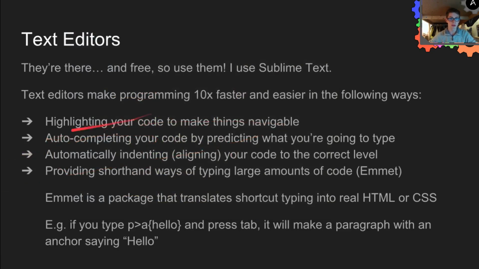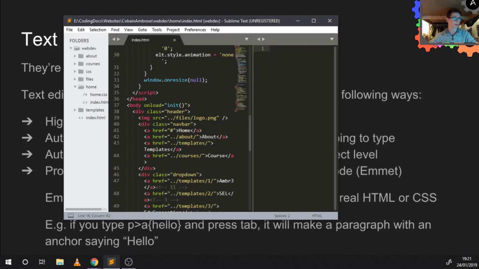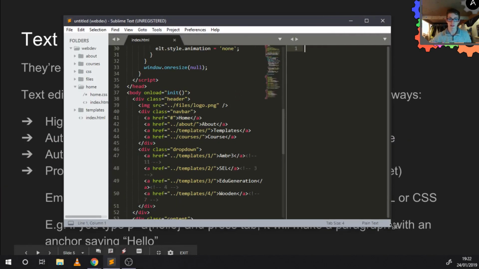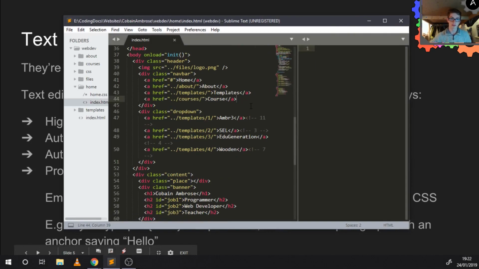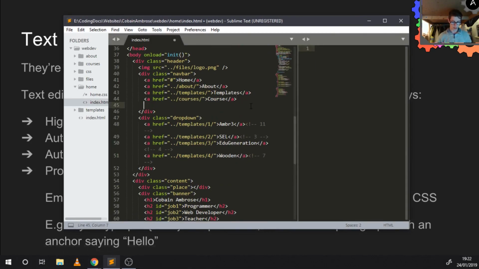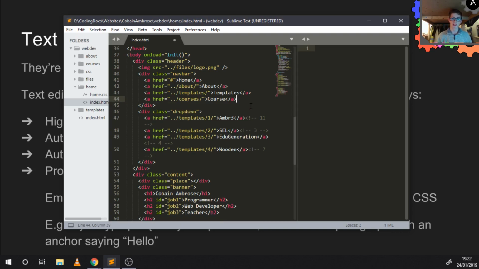It also auto-completes your code by predicting what you're going to type. Let's show you another example. So if I open this up a bit, if I want to type in an A and then type in href, you can see it gives some examples of what I might want to type. And then I can just select one and press enter, and it will auto-complete it for me,